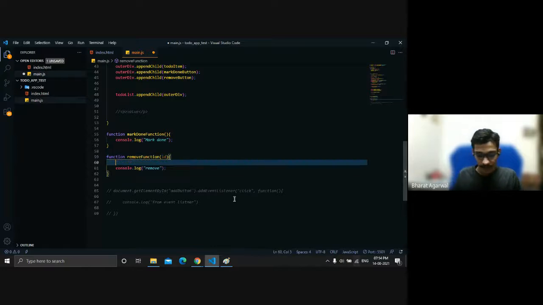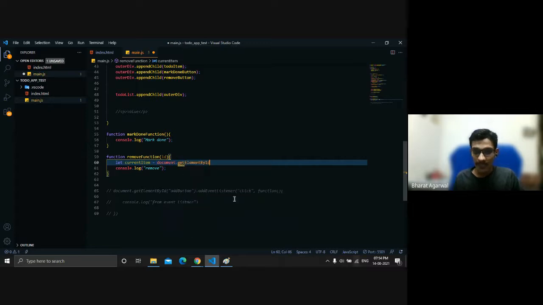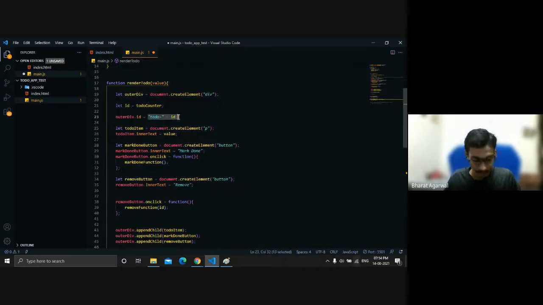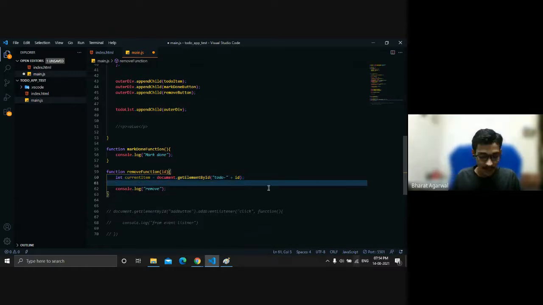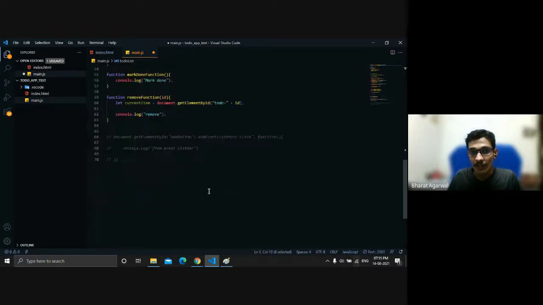So first, I'll get the reference to the element which I want to remove: let currentItem equals document.getElementById. Since we are assigning the IDs to them, we'll use the same method with IDs.